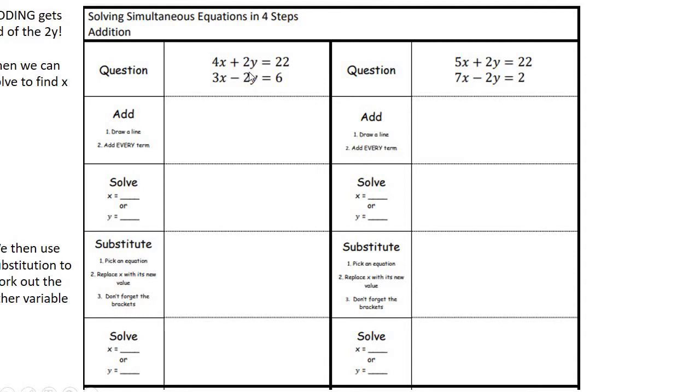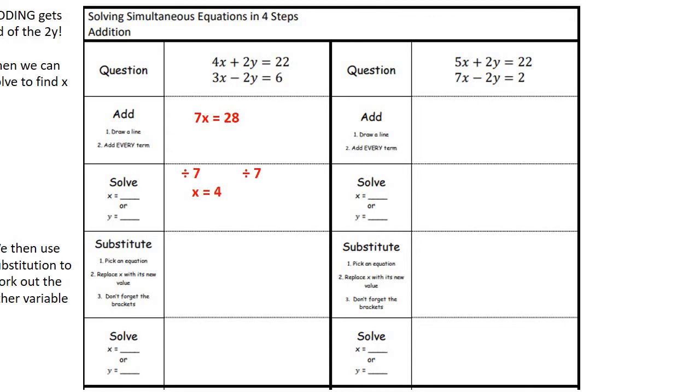It gets rid of the y's, and that leaves us with just something x equals something, which means we can find x. So the important thing to remember is we've got the same coefficient, the same number, but one is positive and one is negative, which means that we add. So I'm going to add these two equations together. 4x plus 3x is 7x. The two y's are eliminated because 2y plus minus 2y is 0. And on the right hand side I've got 28, and then it's easy, you just divide by 7,